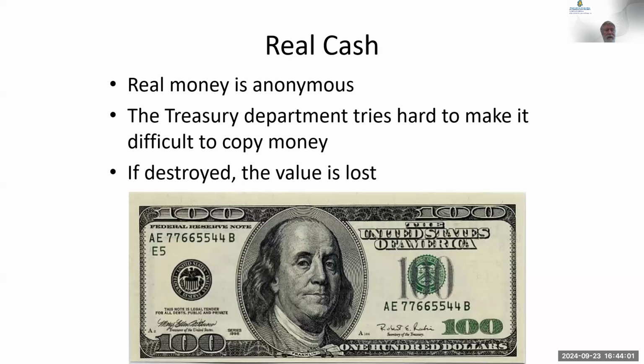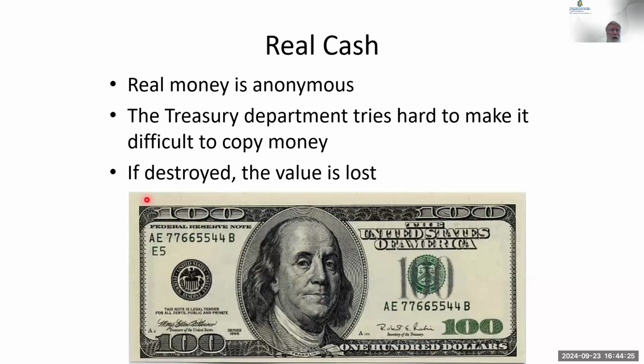There's all sorts of things. The $100 bill, this one doesn't show it, has a plastic strip through it. It has microprinting and watermarks. It makes it really hard to copy. You just put it on a Xerox machine, it isn't going to do it. Mind you, a lot of people try that, but it doesn't work real well. Certainly, if you take it into a store, they're not going to get away with that. Also, the paper is rather unique.